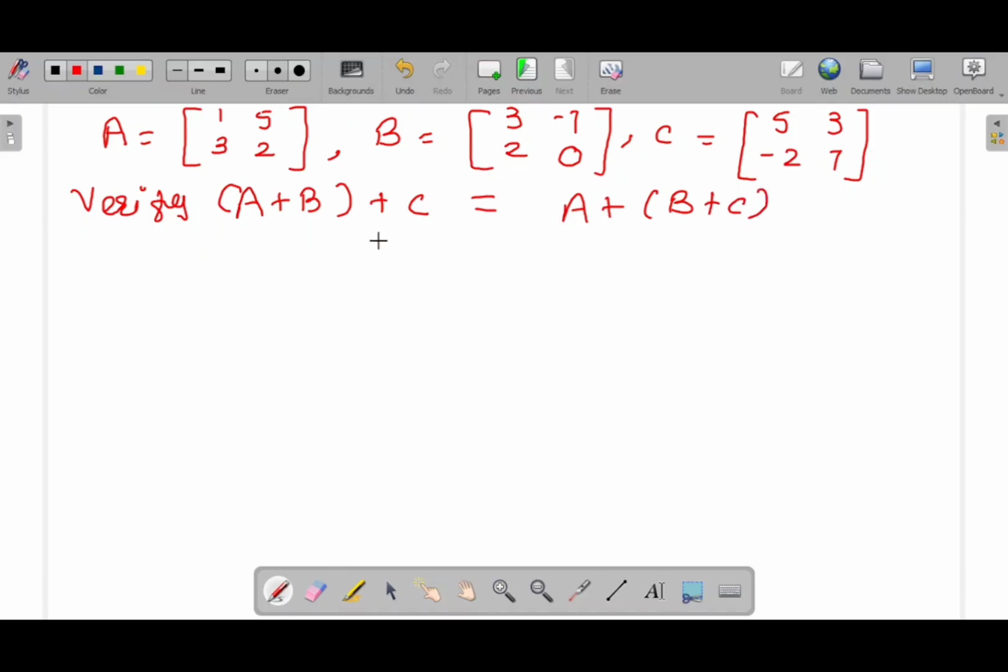This kind of question can be asked in your board examinations, and these are very common. First we will focus on the left hand side of the equation, where we can see A plus B in the bracket. So we know the BODMAS rule, so first we will calculate A plus B. A plus B is equal to 1, 5, 3, 2 plus matrix B, which is 3, minus 7, 2,